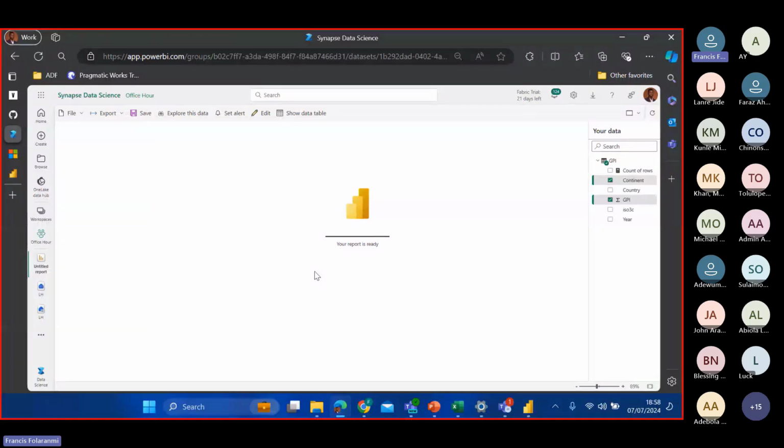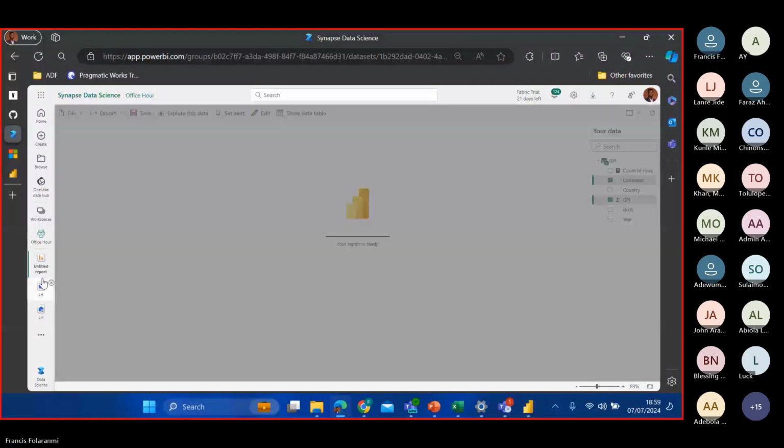So I can go back into my workspace. I don't know, maybe it's the network or a glitch. So let me go back into my workspace. Then I believe that, yes, I want to save it. GPI reports. Okay, I think it's loading up, so let's just be patient with it. Yeah, so my report is saved now.